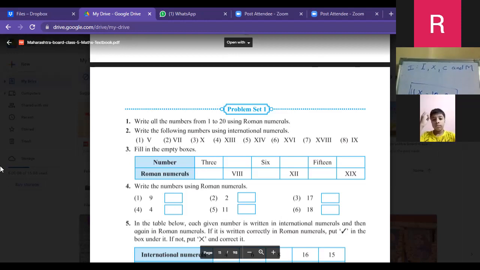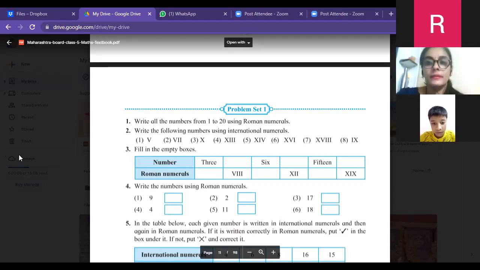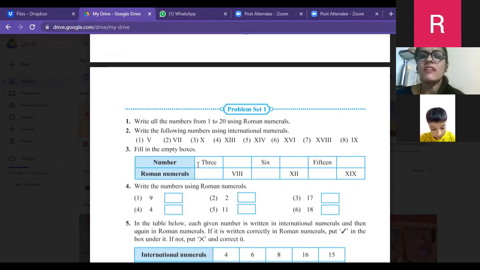Now you can do the second one. That will also be your homework, as you know it very well. You understood and you already knew about it. Now come to the third one. Can you see the third one? There are numbers, and somewhere numerals. So number 3 is given, and then the Roman numerals. What will you write for this?